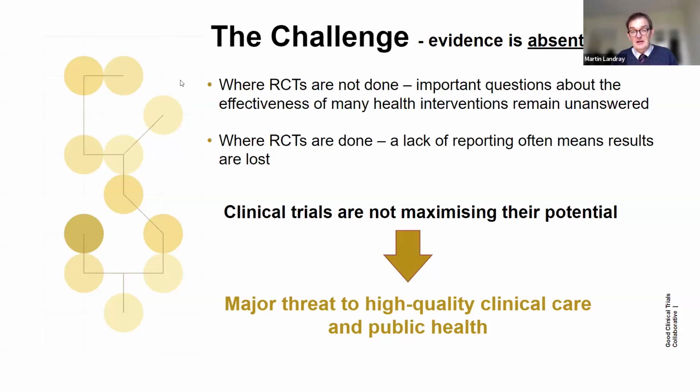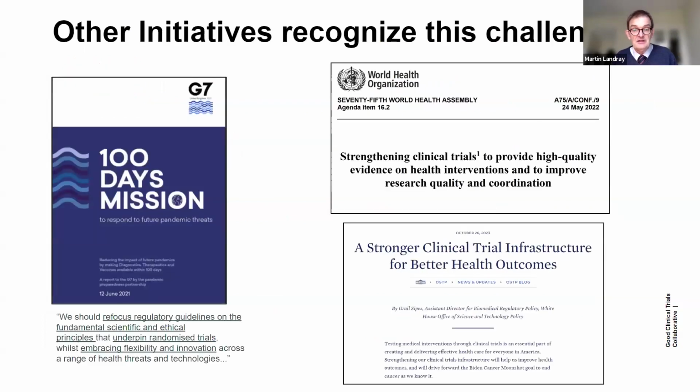Now, next slide. A number of other organisations and initiatives have recognised the challenge. These are three fairly recent ones. The G7 100 Days Mission was published in 2021, what was at the time thought to be the back of the pandemic, although of course that continued for a number of months and years after that, and really made the statement: we should refocus regulatory guidelines on the fundamental scientific and ethical principles that underpin randomized trials, embracing flexibility and